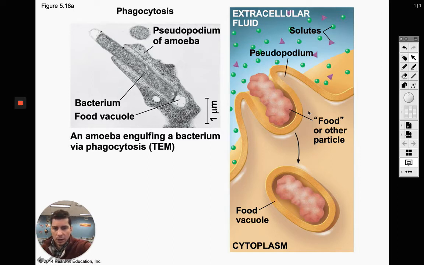So, I like the picture on the right better, obviously, the nice animation, rather than the one taken with the transmission electron microscope here on the left. But you guys can see that we are forming, right here, we are forming a vesicle. That vesicle is bringing the food into it. And then once that vesicle is formed, it's actually going to pinch off. So the phospholipids are going to pinch off, and then right here,